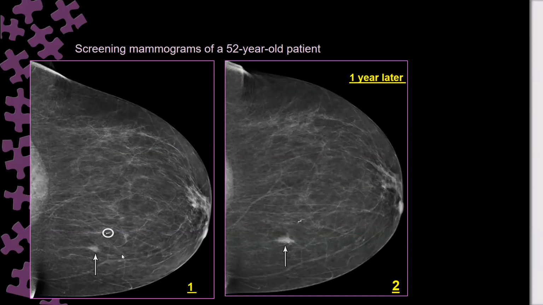Here, if you are going to report this from the beginning, it will be BIRADS 0 on screening. Then you will recall the patient for diagnostic workup. Yes, definitely. After the diagnostic workup,